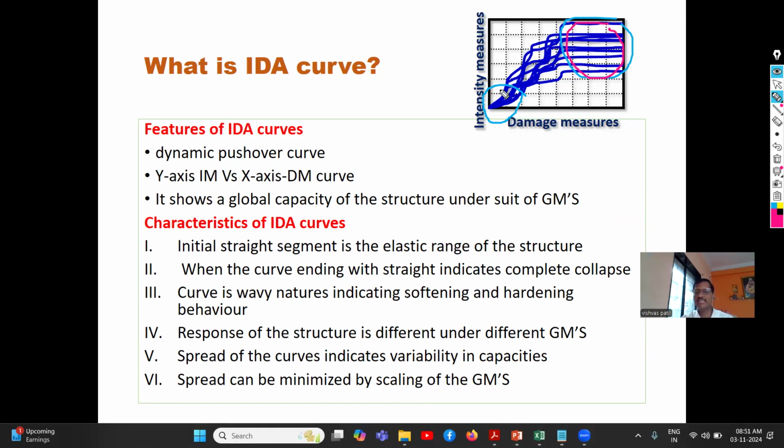The first phase is the elastic zone of the structure, and in the end it is a complete collapse. In between the elastic zone and the ultimate or final failure stage, the nature of the IDA curve is wavy. This is the first case: this is the elastic zone, and here there is yielding of the members or yielding of the structure,